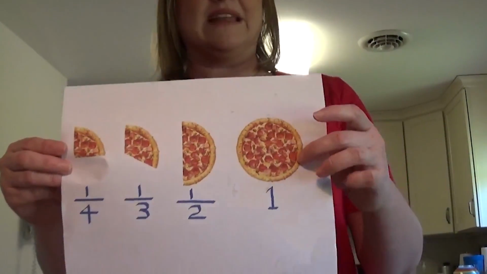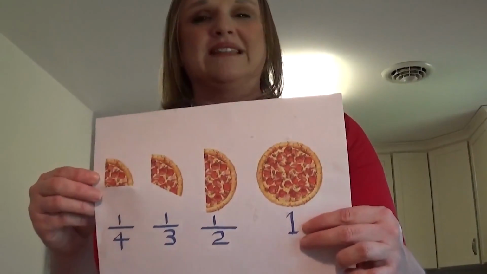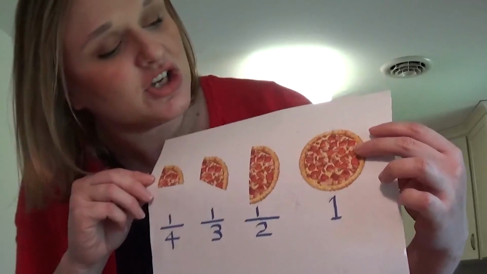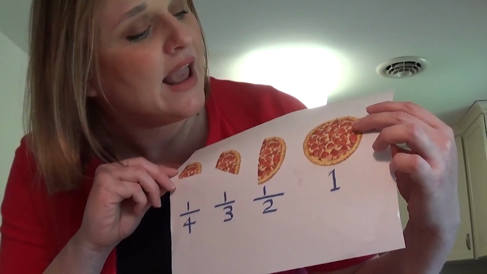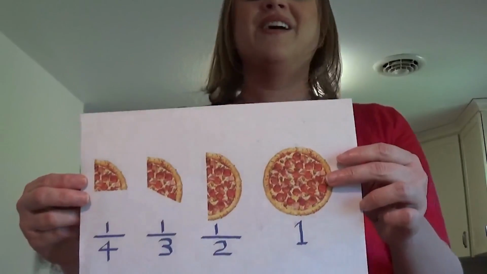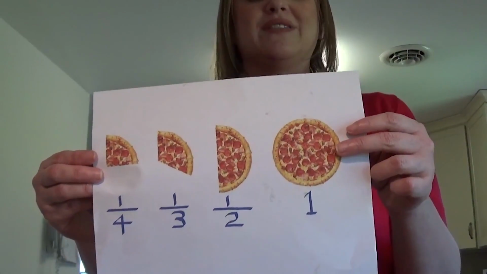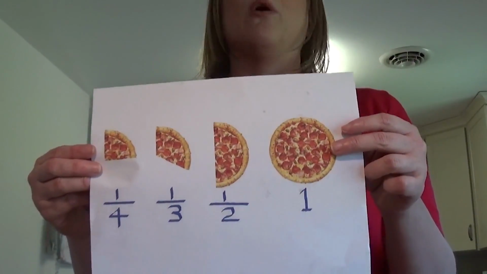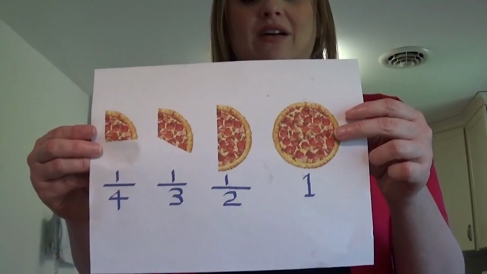So here is our pizza right here. It's the number one. It's one pizza. As you can see, there's a 1 underneath it. And it's a sausage, pepperoni. It looks like there's sausage, pepperoni, and bacon on there. So that's a meaty pizza right there. So we are deciding while you're eating your salad how we're going to split this up between the two of us, because we're both really hungry. And so we decide to cut it right down the middle.